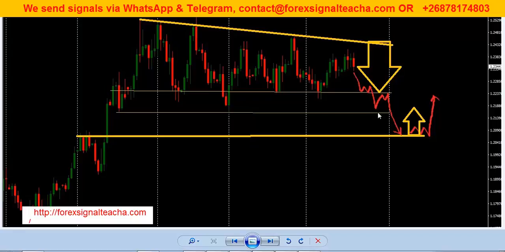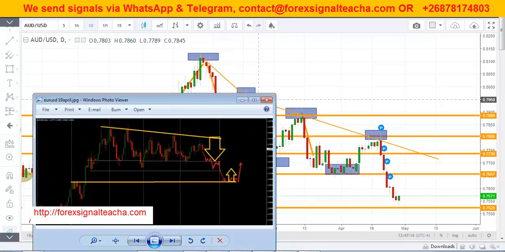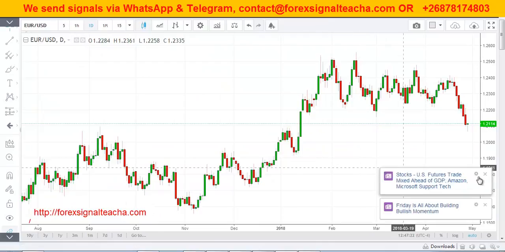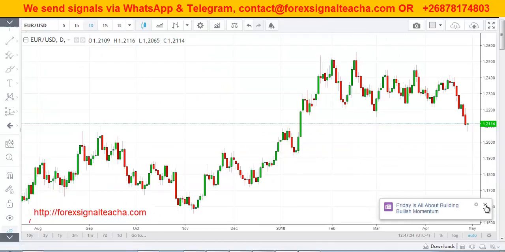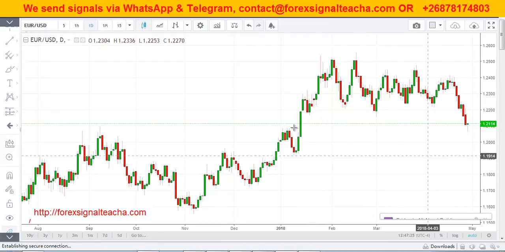So after we're targeting this price here, this was a previous support. So let's quickly check the euro US dollar chart so that we can also have an idea on what, I think this is the one. Yes. So like we said,